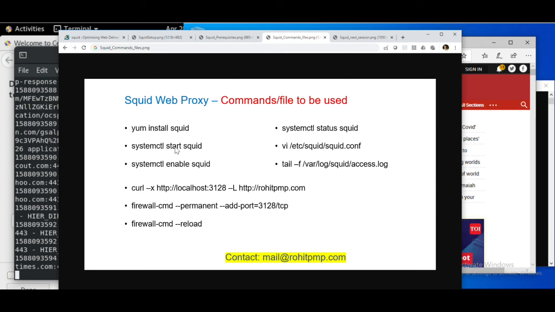Then we use systemctl start squid. We enable Squid to run automatically when the system reboots. We verified the status of Squid, and then the Squid config file, which resides in